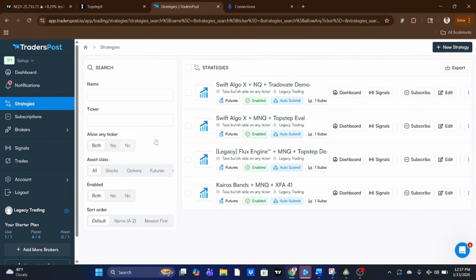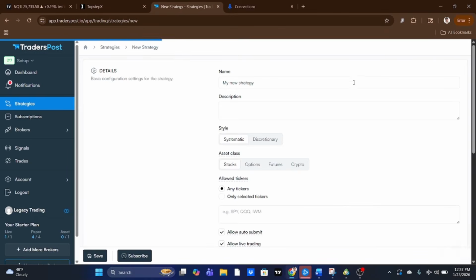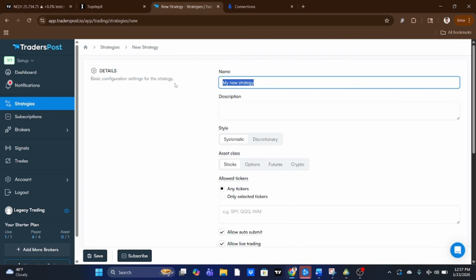So you do need a third-party platform such as Traders Post, Cross Trade, QuantLink, Pick My Trade. I personally use Traders Post. So you hit new strategy, name it whatever you want. I'll just put testing for now. Just an FYI, you do need a third party platform in order to automate the trades. Okay,